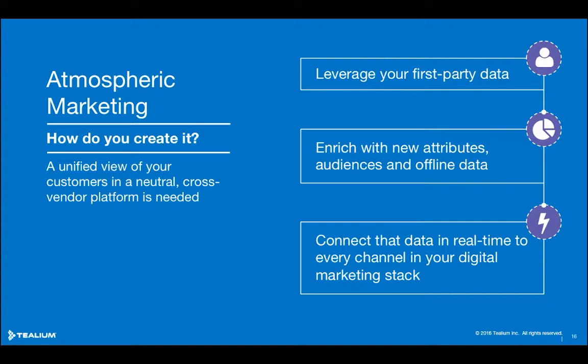Okay, so how are we able to achieve atmospheric marketing? Well, the thing that we need to do is to create a unified view of our customers. And we really need to create an inventory of all of that first-party data. So once this inventory is complete, we then need to really work on a strategy that enables us to enrich that data, to segment on it, and to connect it with other data sources residing within our organization so that we can establish a cohesive view of customers at any point.